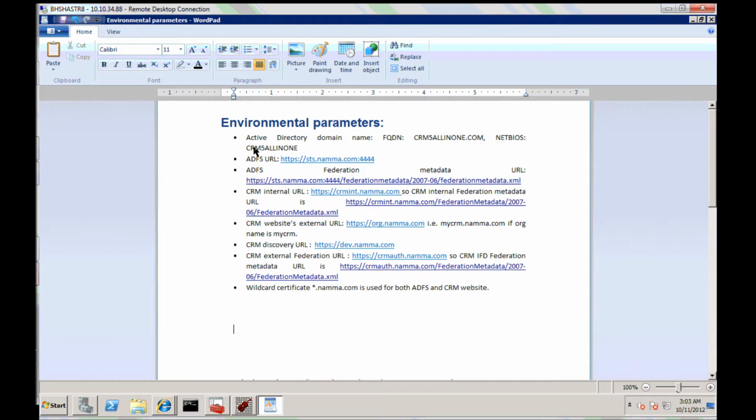The AD domain is named CRM5 all-in-one, and the FQDN for the Active Directory domain is crm5allinone.com. The ADFS URL is sts.nama.com, which seems to be the external domain. The federation metadata URL is the federation metadata URI suffixed to the ADFS URL. Same way,